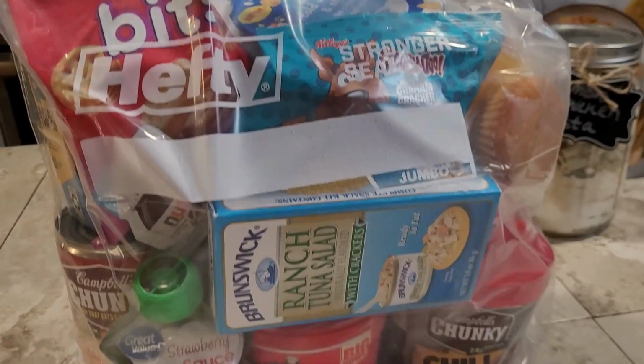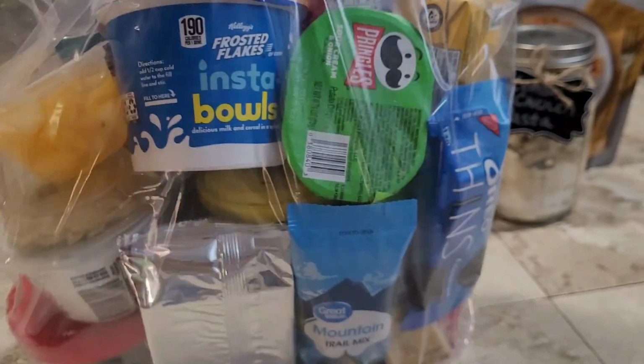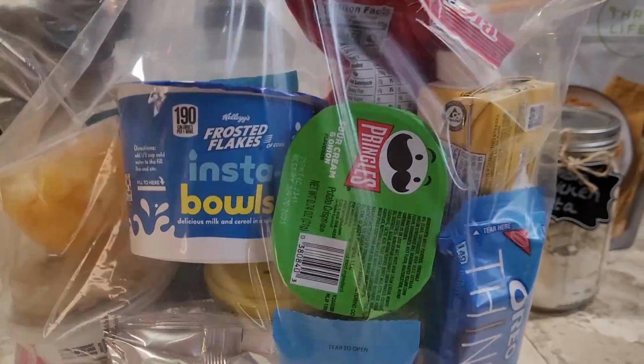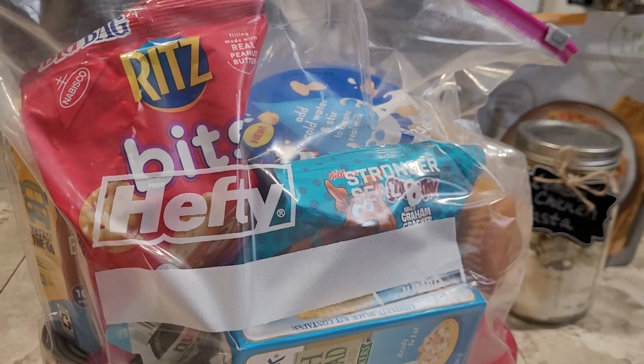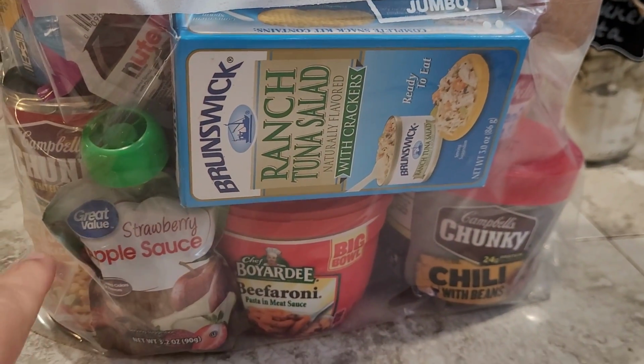Now, what's in these kits? This one's in a 2.5-gallon Hefty bag. There's lots of different ways that you can put these together. And these bags contain basically 3 days worth of food, all of which would be edible without any cooking or heating